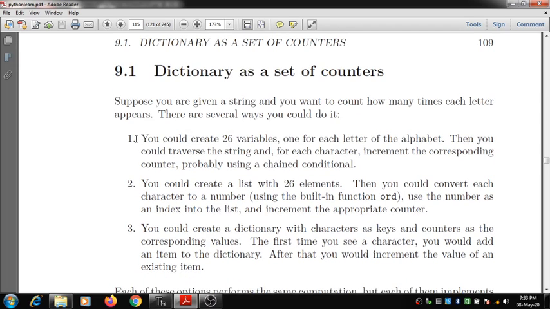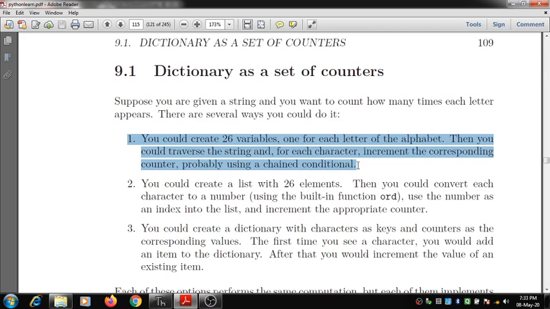The first one is, you could create 26 variables, one for each letter of the alphabet, that is A, B, C, D to Z. Then you could traverse the string and for each character increment the corresponding counter, probably using a chained condition.